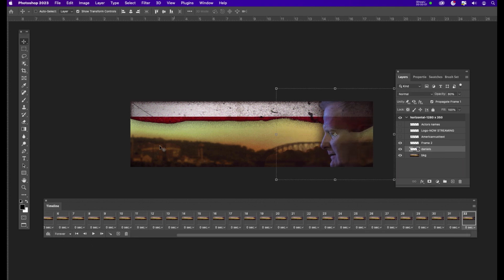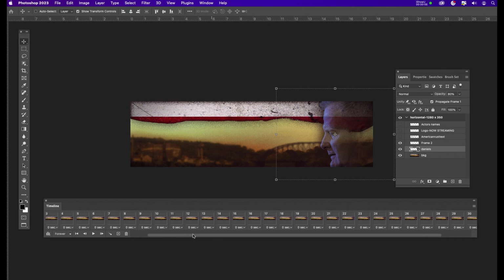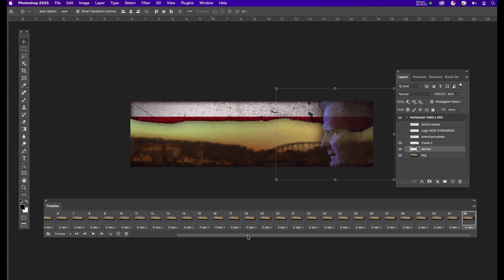Next we'll bring the title on from the left hand side. I'm scrolling to the end of the timeline with the little gray bar at the bottom of the timeline, and I'll go and select frame number 32. I'll select the layer with the title and turn the eyeball on, place it where I think I might like it to go once it comes to rest, and holding the shift, I'll drag it off the left hand side